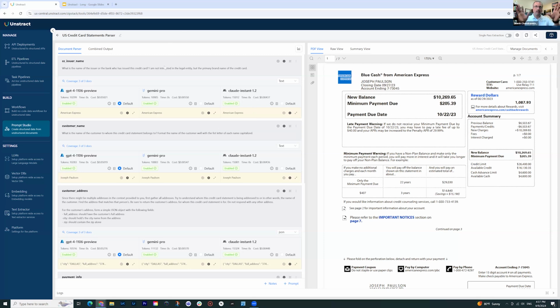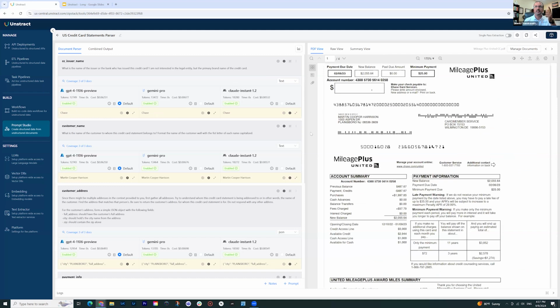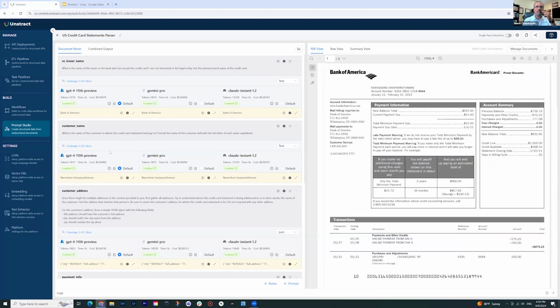So net, what you're getting to see is an ability to do text extraction from 3 different types of credit card files, but you get exactly the same output and the same set of prompts work for all of them, right? If I just move between the documents, you'll see the prompt values change. Here it's a Chase document, with Martin Cooper Harrison as the name of the customer. Then I'm seeing different things repeatedly, Bank of America, and then the name of the customer here. Everything changes based on whichever document it is. So the same prompts work for all of that.